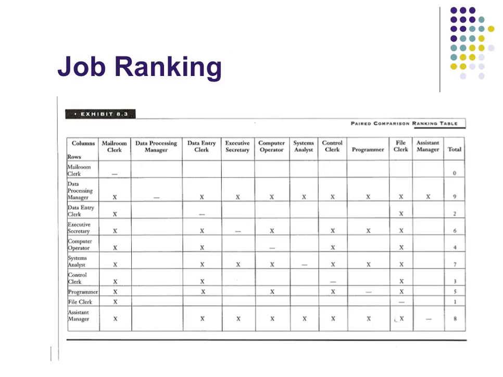So let me just show you the next four slides fairly quickly, and we can review these in class. The job ranking method is where we compare all the jobs in the columns with the jobs in the rows, and if the job in the row is more important than the column, we get a point. What we notice is, for example, the mailroom clerk doesn't have any X's anywhere, which means it's the least important job in the company. Then we move to the data processing manager, and pretty much in every column, except where it's being compared against itself, there's an X, which means the job in the row is more important than the job in the column.